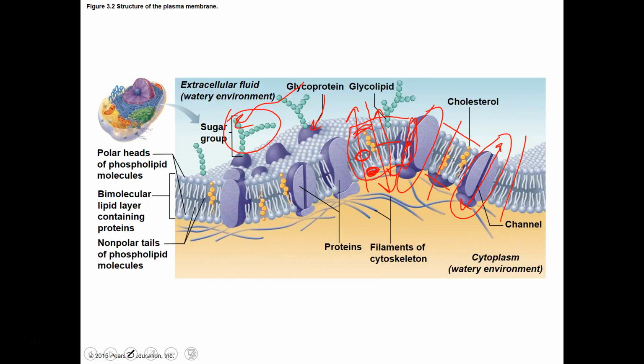Also, if this cell is, say, a liver cell and it winds up floating somewhere around the pancreas, the immune cells around the pancreas are going to go, hey, look, you're a liver cell, you don't belong here, and it'll get destroyed because it's in the wrong place. That's what a lot of these sugar groups or these glucose groups are designed to do. They're a part of the communication system of the cells within the body.